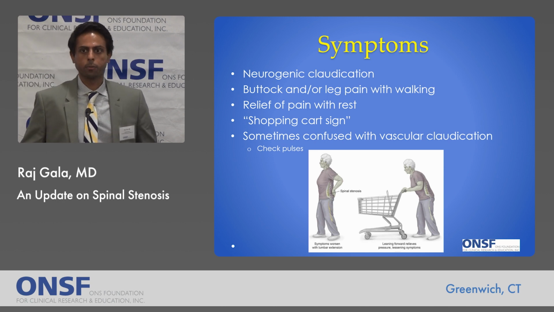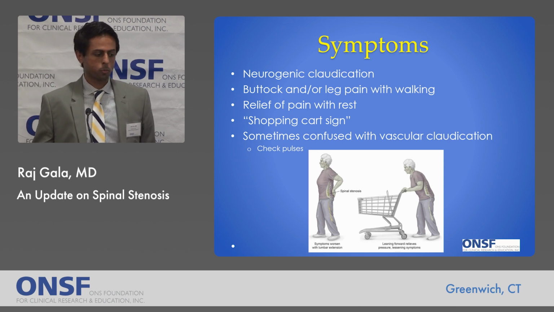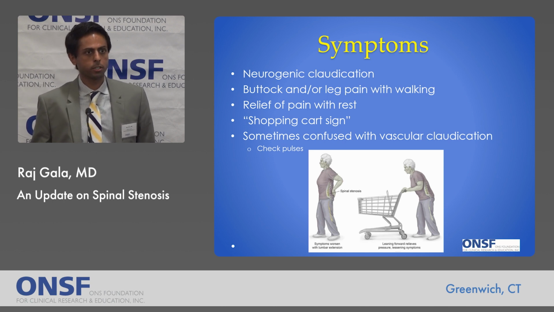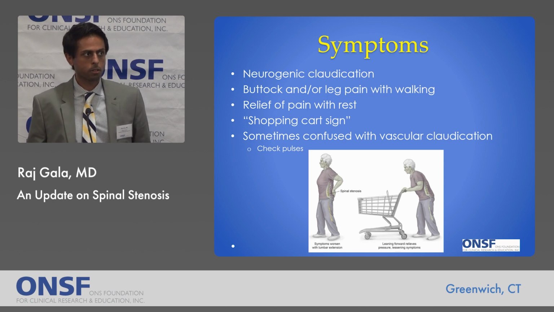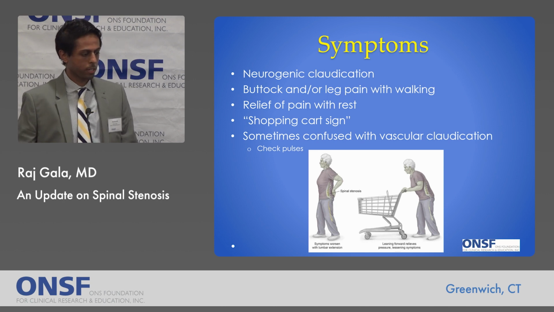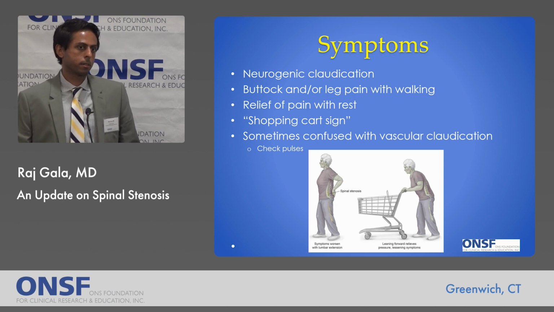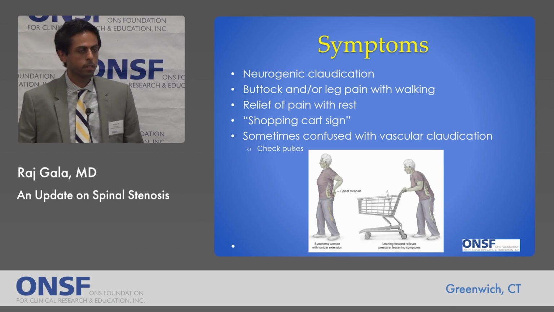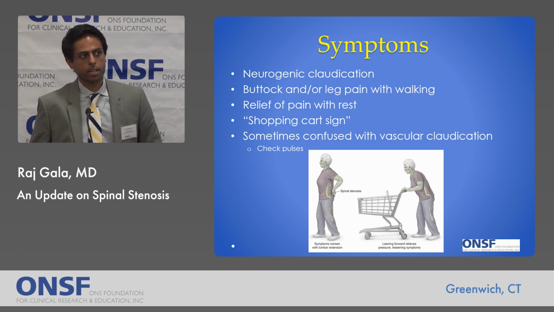So classically, when we associate spinal stenosis with symptoms, we think of neurogenic claudication. There are other forms of claudication, specifically vascular, but this is a neurogenic claudication. People typically complain of buttock and leg pain when they're walking, when they're upright. They aren't able to stand up straight. And you can see how that might be confused with vascular claudication because they would also complain of leg pain